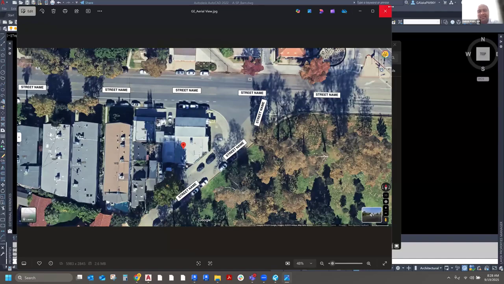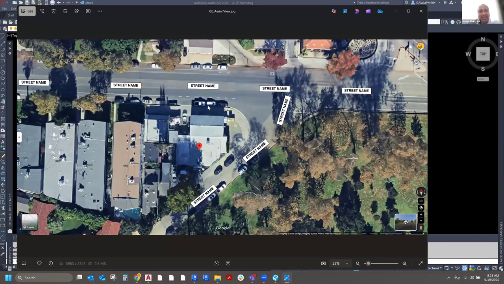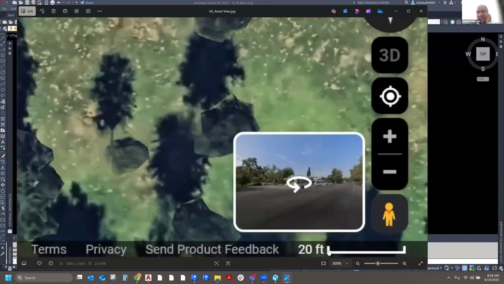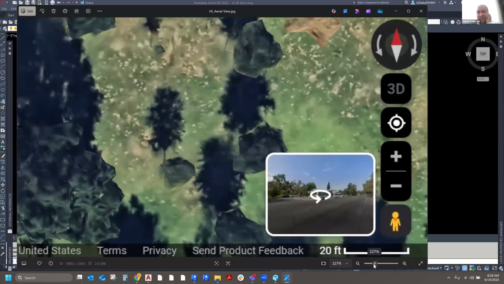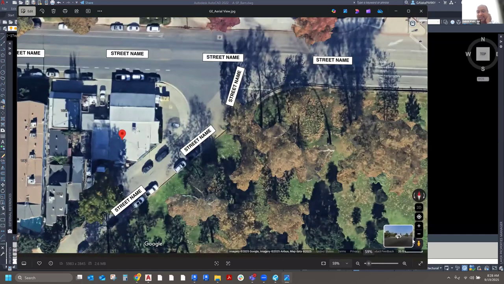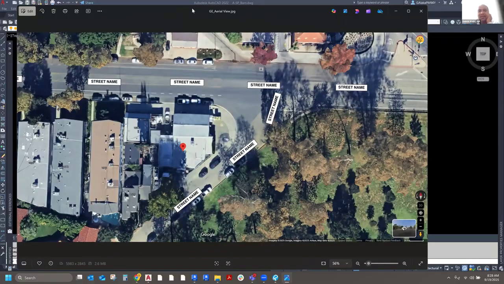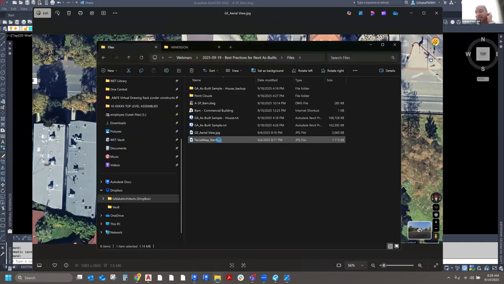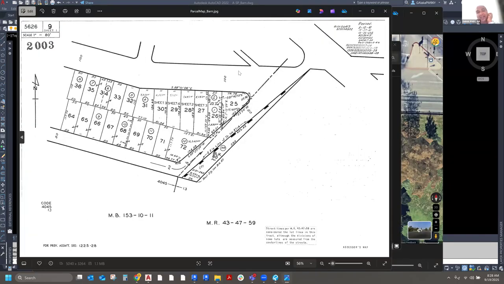I start with a very typical Google Earth view of the project. In this case, it's right here. This is the project right here. And on Google Earth, at the bottom right corner, there's always going to be a little scale bar. Here it says 20 feet. But it's very rough. I don't trust that, but it gives you a pretty good idea. And then second, from your own city general maps department, you want to find